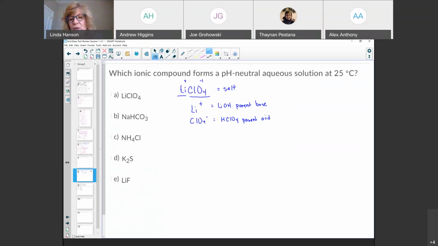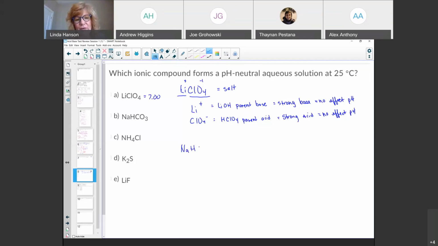affect the pH. So we recognize this as a strong base, so no hydrolysis. No effect on pH. HClO4 is one of the 7 strong acids we had memorized, so no effect on pH. So neither the cation lithium nor the anion perchlorate will undergo hydrolysis, so I know right off the bat the pH of this solution will be 7. There's no effect on pH if both ions come from strong parents. What about